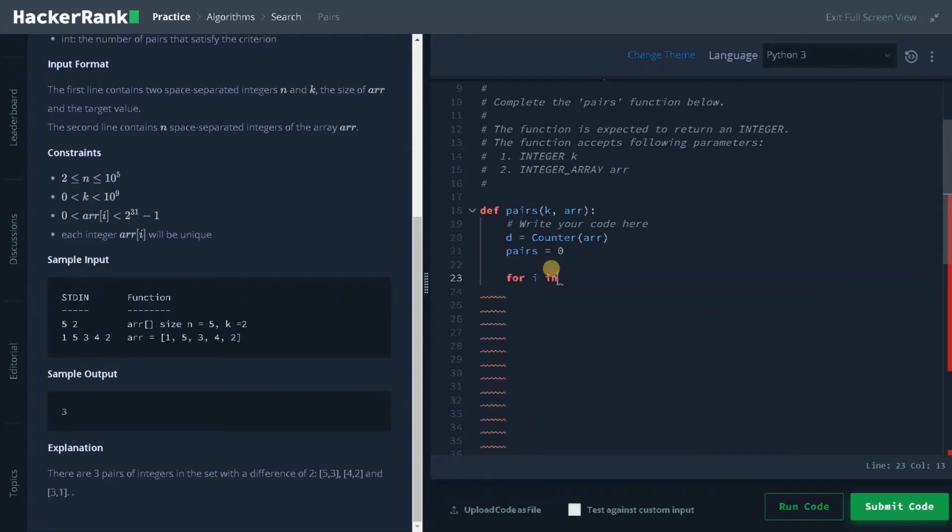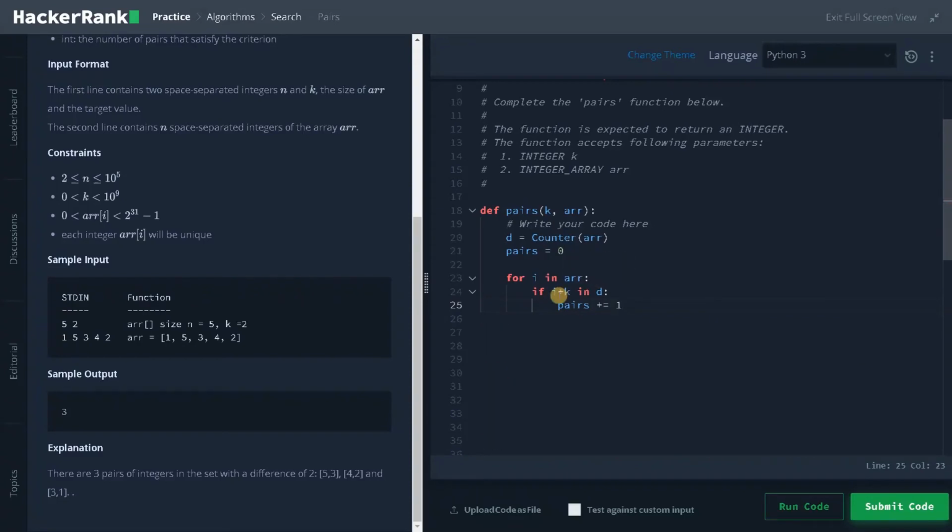So for i in array, you can also traverse the dictionary, both are the same because each integer in the array will be unique. So each one will be a unique element. Now we will iterate the elements, and if i plus k in d, we will increment pairs by 1.